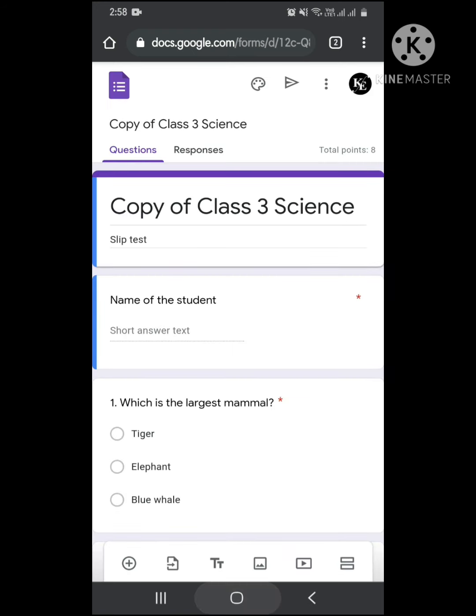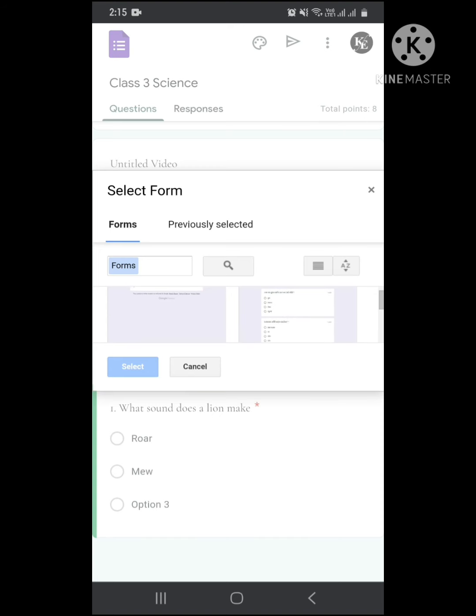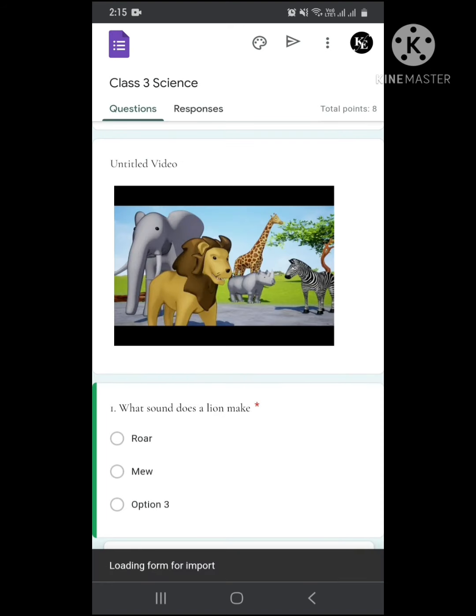Now there is an option called import questions. As you can see, the second option from the bottom. In the down bar, you can see the second one, that is called import questions. So what will happen here when I tap on import questions? That means from any other question paper, if you want to take some questions, you have to select that question paper. Like, suppose I have selected one question paper and select.